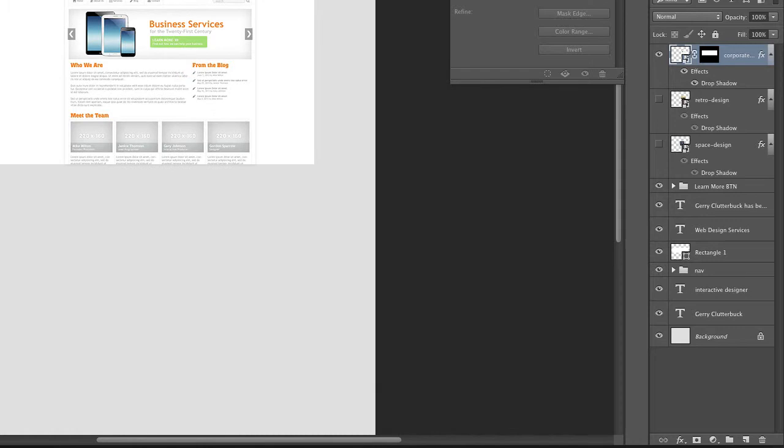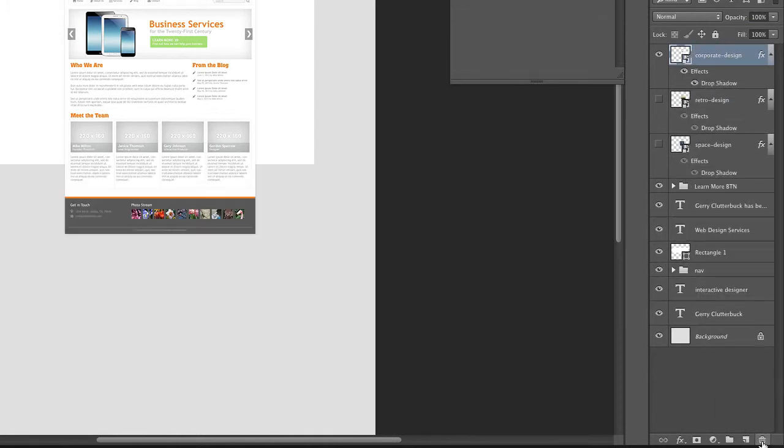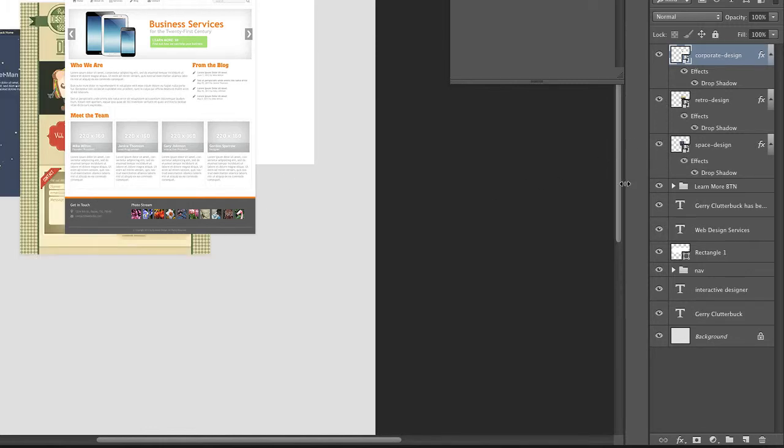So I'm actually going to do this mask a different way. Let's zoom out to 100% by hitting Command 1 or Control 1 on a PC. And let's get rid of this mask here. So I'm going to drag that mask to the trash can icon to get rid of it. And you'll see that that mask disappears. And what I'm going to do, let's turn all three of these layers back on, select all of them,